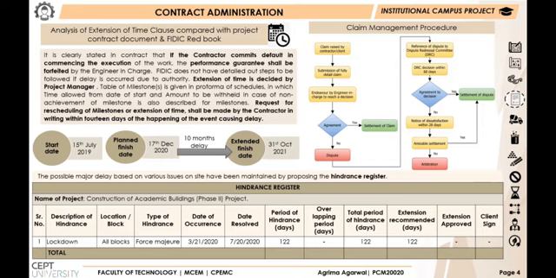The chart indicates the claim management process after a claim is raised. If it reaches the notice of dispute, by not agreeing on mutual settlement and further negotiation is not achieved between both the parties, the settlement should then be achieved by mediation. And even then, if the dispute exists, arbitration should be taken into consideration. As the project was delayed by 10 months, for which an extension is recommended, a hindrance register is proposed which can maintain the major delays that occurred on site with their duration of occurrence and resolved dates.